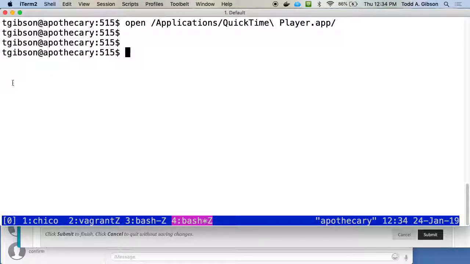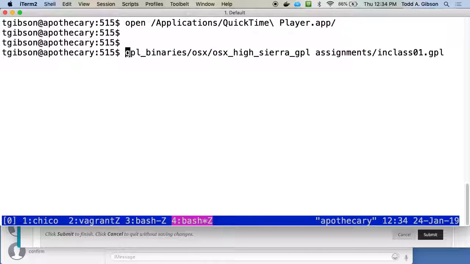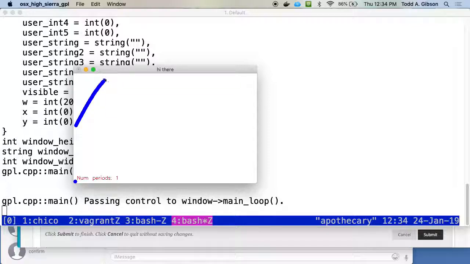I do have a demonstration to show you of what it looks like if you do it, including the challenges. All right, so this is doing a sine wave, I believe. And we have the number of periods here for it to stretch across this window. If I use my up arrow, the number of periods should increase. So if I go 1, 2, 3, now we end up with 4 periods per transit across the window